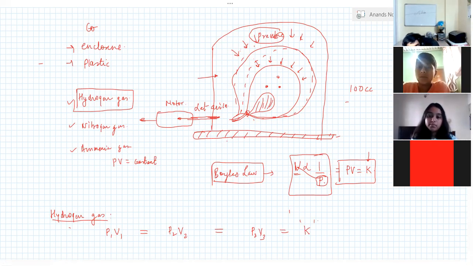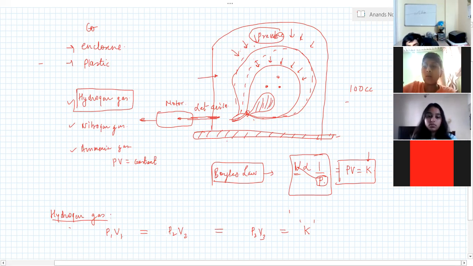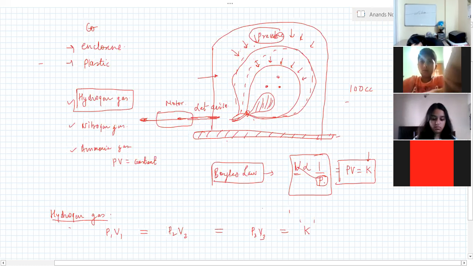Are you following this, guys? Yes, sir. What is this P1 and V1 means? Different pressures, because when you are able to remove the pressure inside, it was P1, now it will become P2. When you are further trying to increase the pressure, it is P2, now it has become P3.